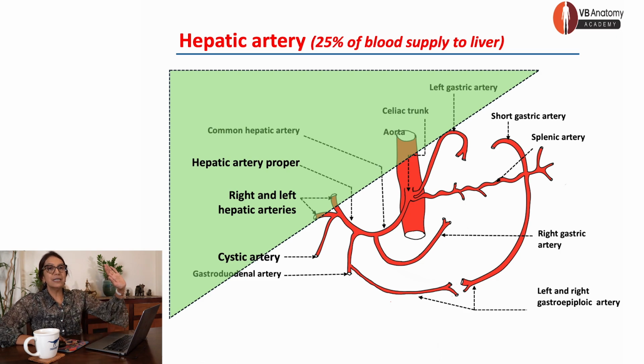Okay. So this is the hepatic artery. You must know it verbatim. Celiac artery giving rise to three branches: left gastric, splenic, and the common hepatic. The common hepatic giving rise to right gastric, gastroduodenal, and continuing as the hepatic artery proper. Hepatic artery proper divides into right and left hepatic arteries as it enters into the liver. Right hepatic artery gives rise to a branch, the cystic artery. All of you should know this, okay?